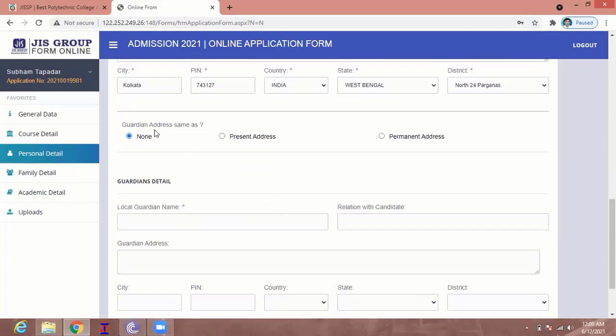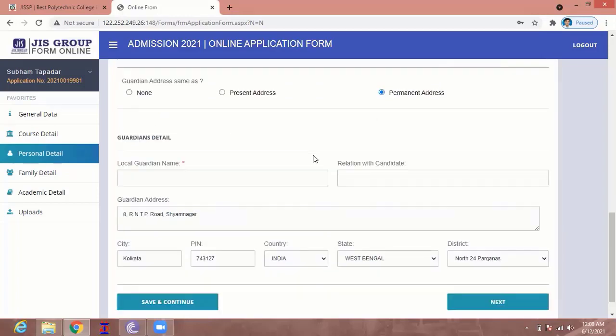Next, guardian address: same as permanent address, present address, or none. You have three options. After that, you have to put your local guardian name. If you are living with your parents, then you can put your father's name or mother's name, whoever is your guardian.